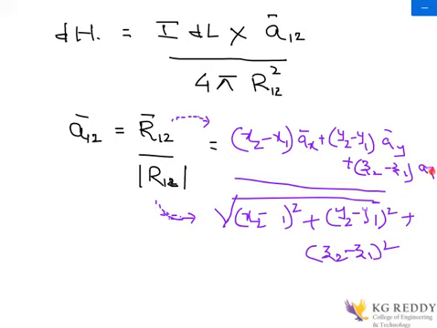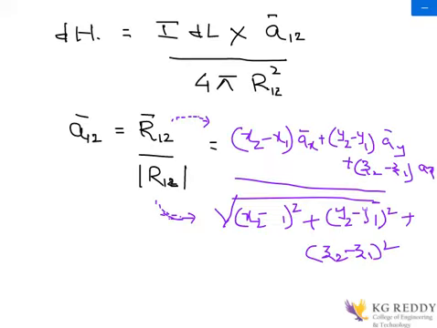Of course the question is given in the rectangular coordinate system, so I have used the rectangular coordinate system for solving these vectors. And how can the magnitude be given? This parameter square plus this parameter square plus this parameter square, root. Then we will be getting this equation. Now let me solve this so that we can find out what is a12. When we are doing this r12, in the denominator you will be getting this magnitude r12. Later it will directly come, and the problem will be solved.